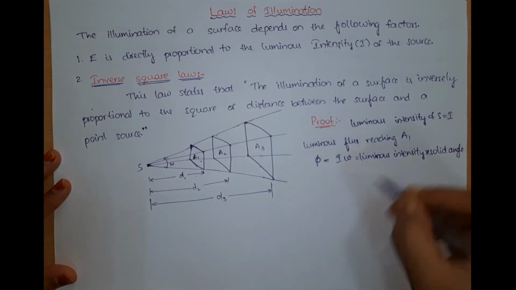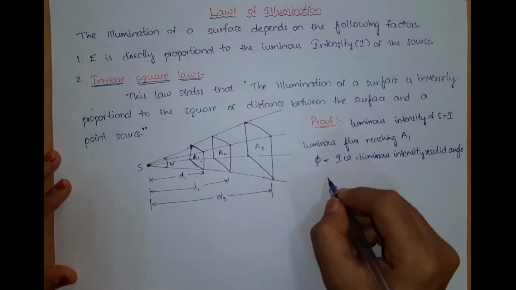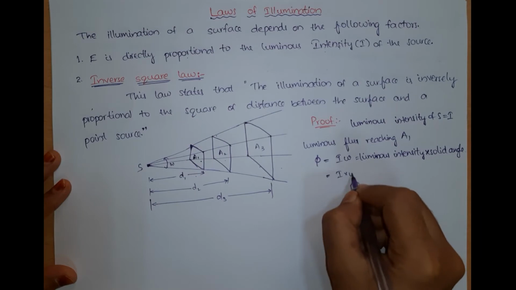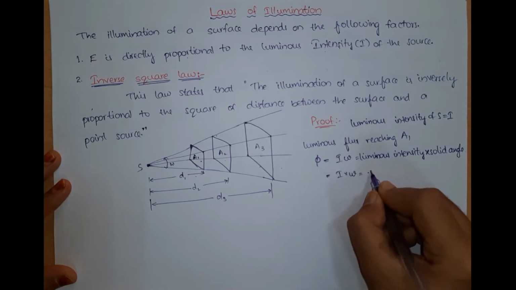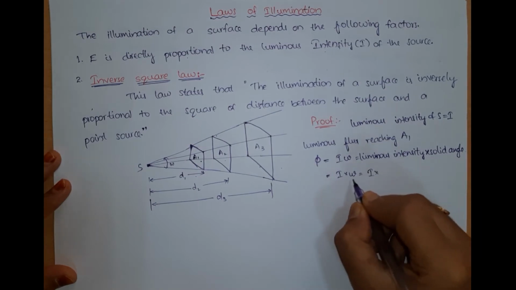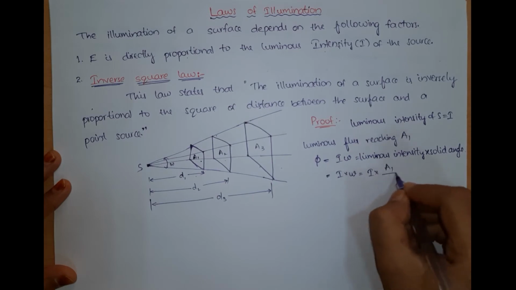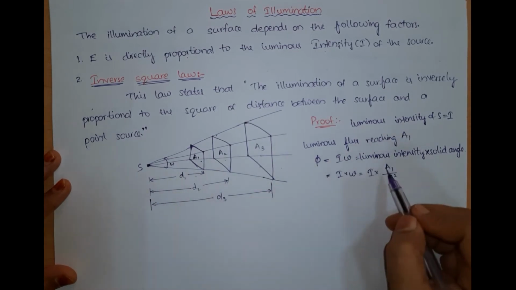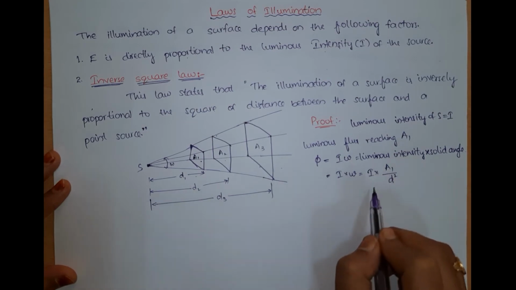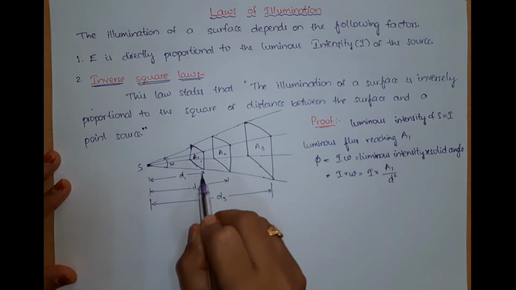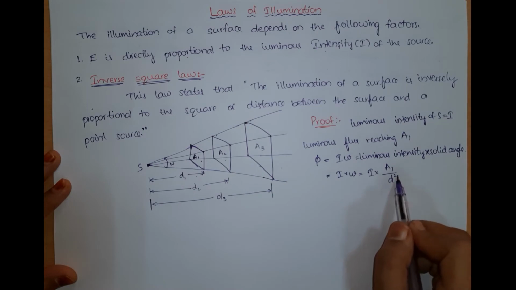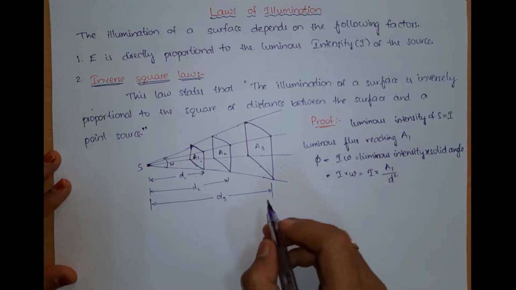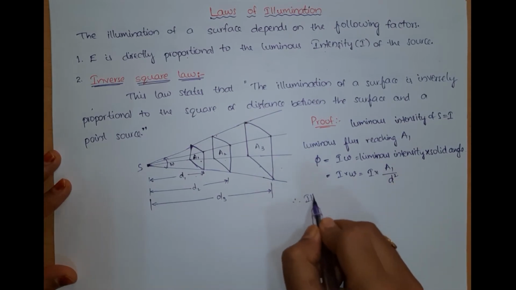These all we have studied in the previous lectures, right? So it is I into omega, where omega is what? I into solid angle. How do you define solid angle? That is nothing but A1 by D square, or not. Area by distance from the source squared. We have defined the distance from the source as D1. So distance from the source is squared. So therefore illumination